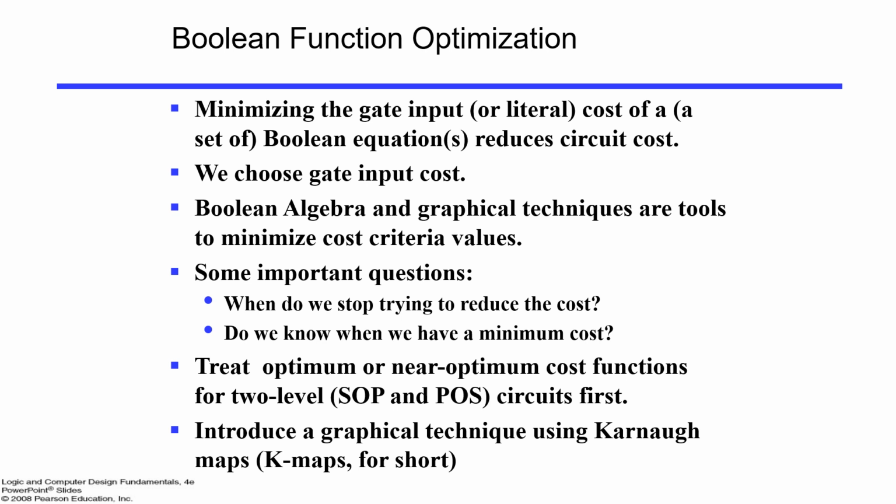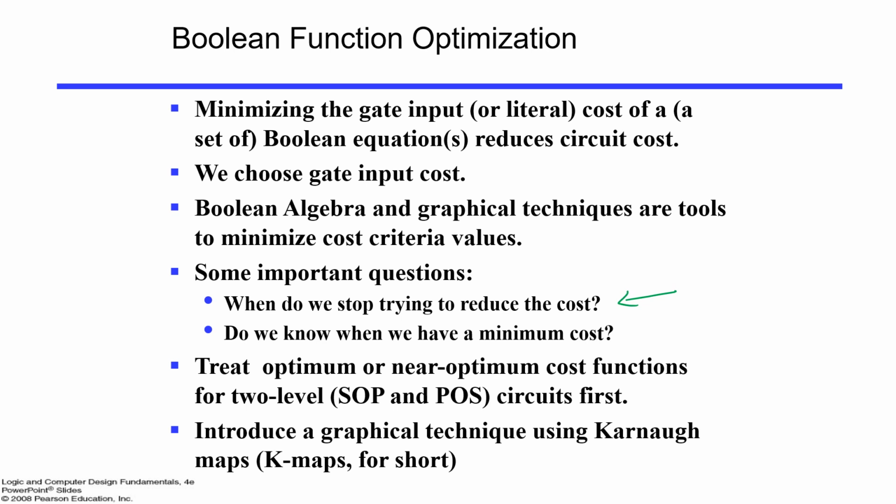Now, a few problems we have seen. The first problem is when we stop. Why do we want to look into that? If you have a very complex circuit and you try to do it manually, it's very difficult. Ultimately you have to write a program that can optimize your circuit. Manually you cannot do more complex optimization. So there should be some procedure that you can apply to compute the optimized function.